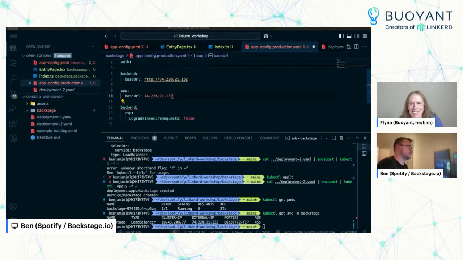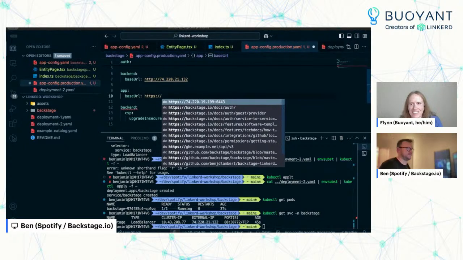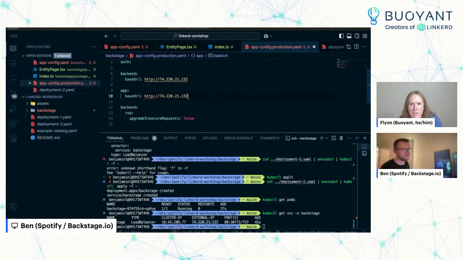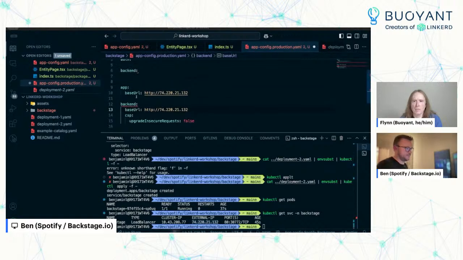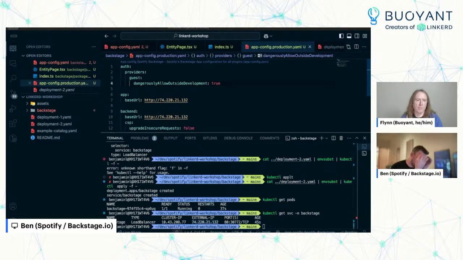So the reason that we need to do this, one is for kind of... HTTPS or HTTP? HTTP. Sorry. There we go. Oh, we already have a backend part. I'm just going to grab that and put that in there then. Okay, nice. So the reason we do this, it needs to be built into the static